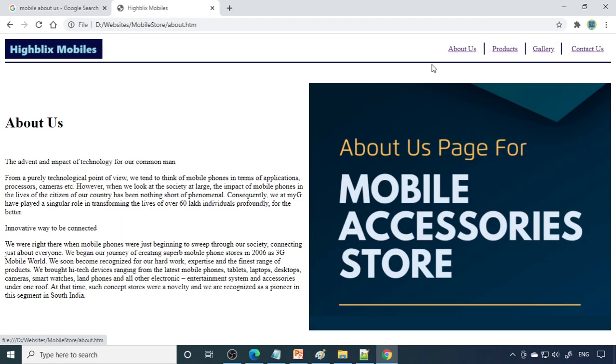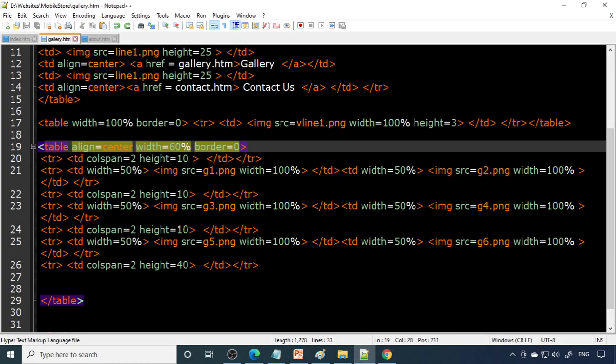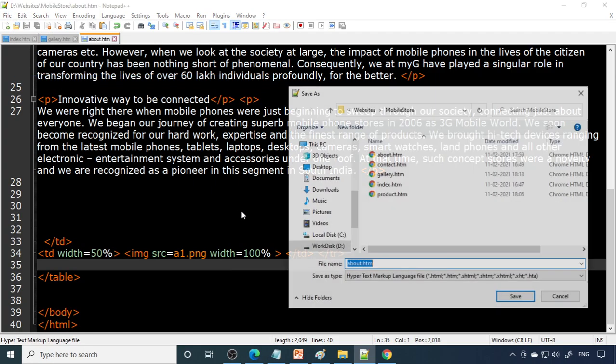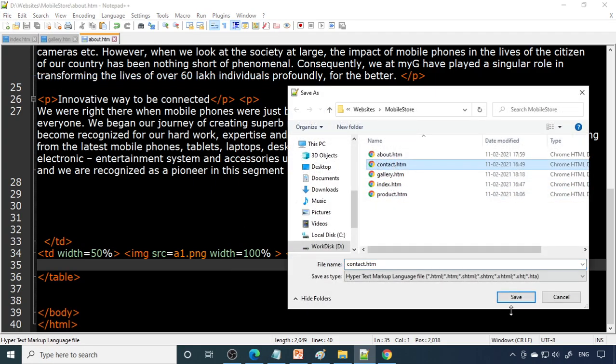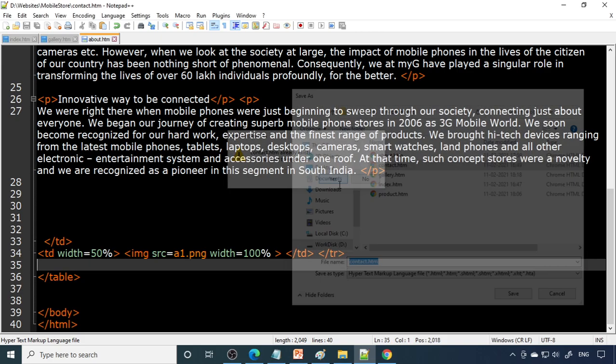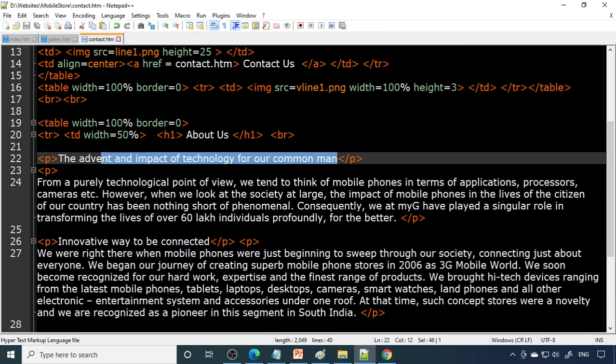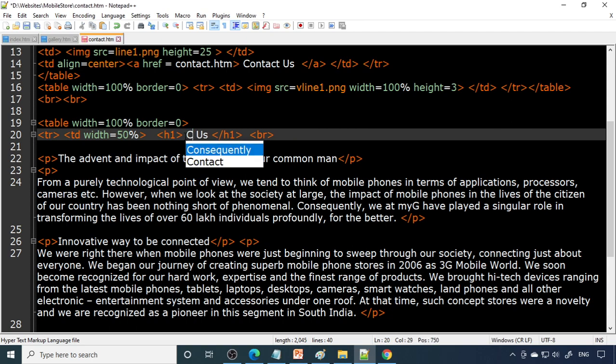It's almost like the about us page. Therefore I just save as about us to contact us. So I'll just go here. So here is about us, file menu, save as. You have to save it as contact. So now here you can write contact us.